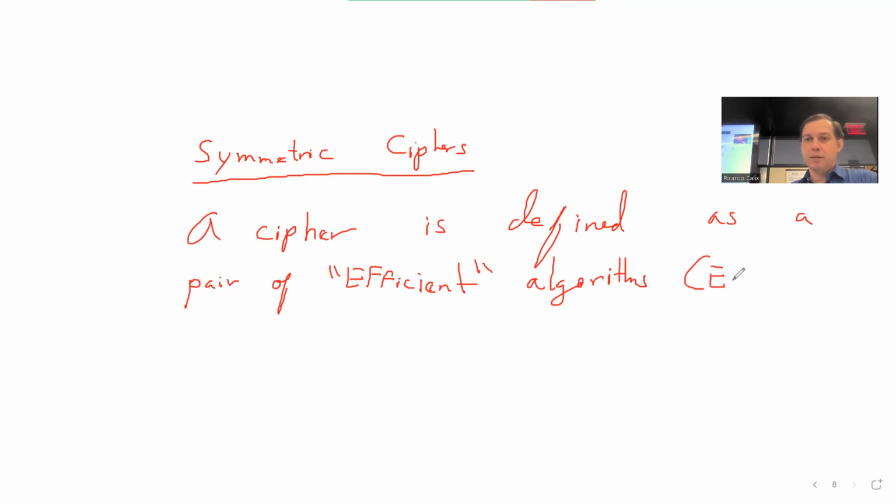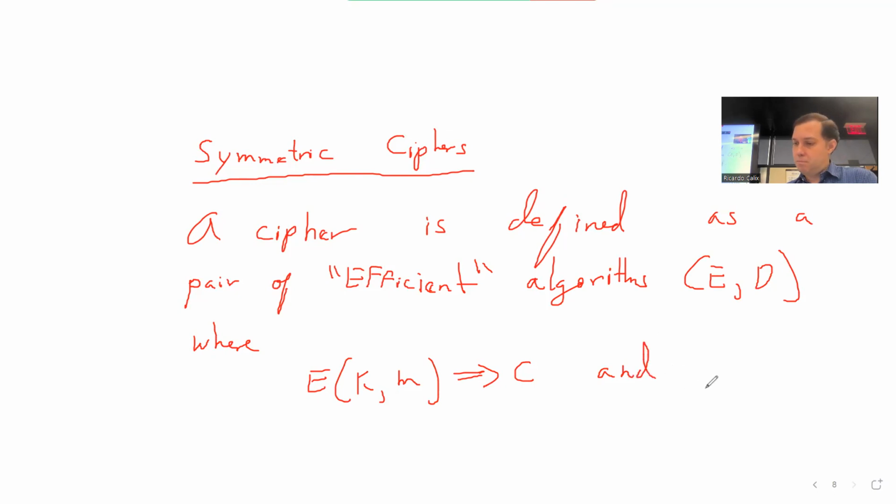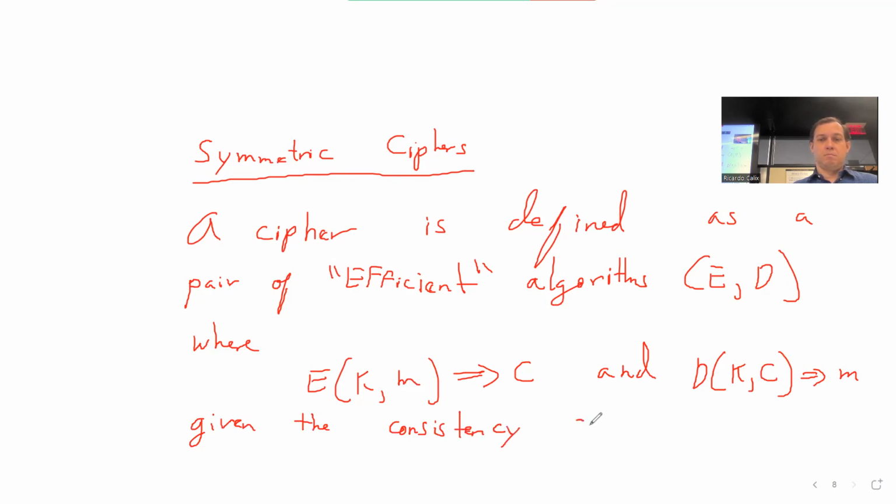That's E comma D, where E of K comma M gives you C, and D of K comma C gives you M. Given the consistency equation, which should look something like this: D of K comma E of K comma M